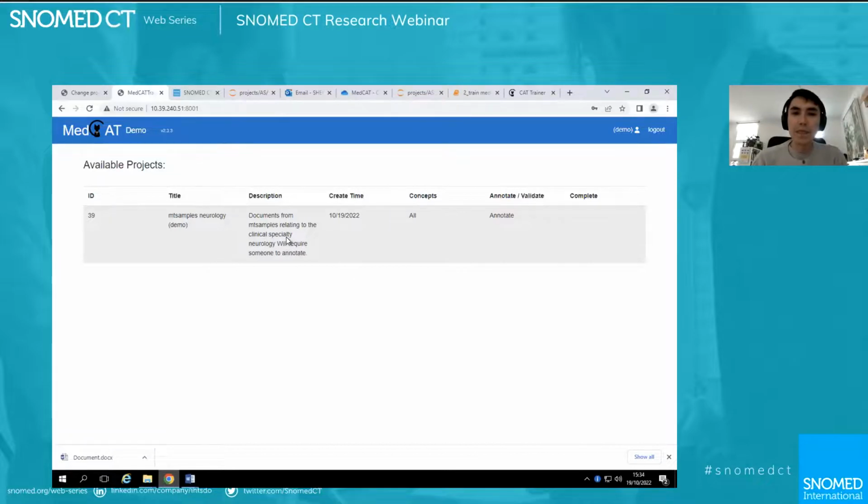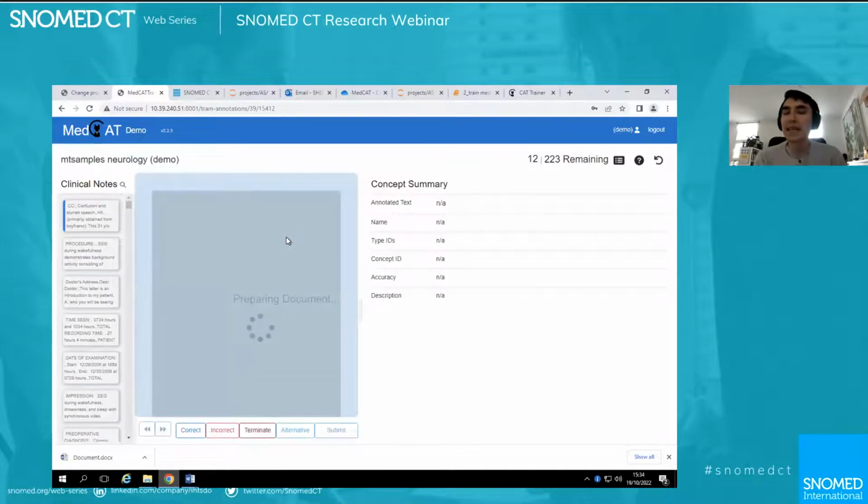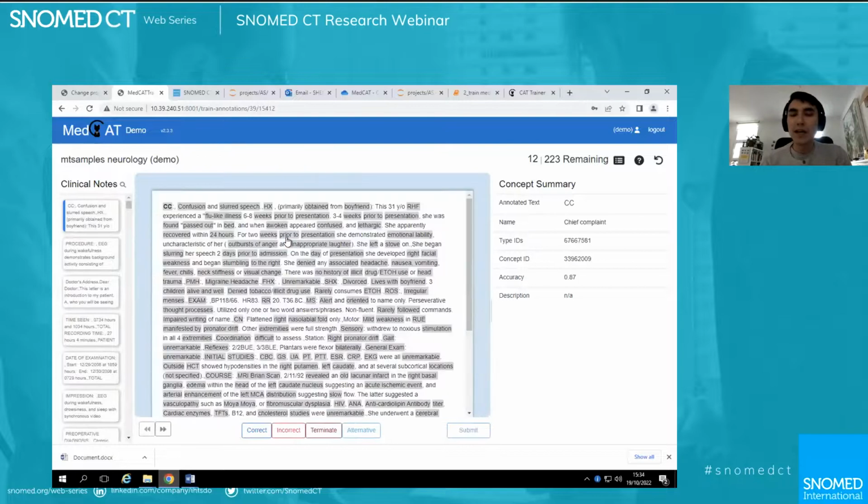And the task here is essentially to validate the performance of the model by marking various bits as correct or incorrect. In this case, there is no filter, so you're seeing a lot of gray, and each gray area here is a prediction from the model. Over here, it's recognizing CC as chief complaint from SNOMED. It is the job of the annotator to then go through and label certain bits. So you press correct if it's correct.